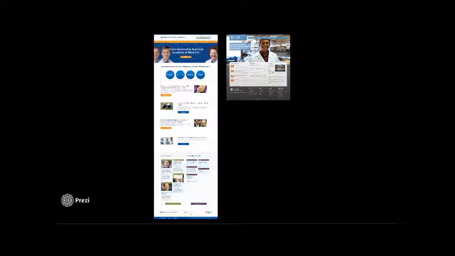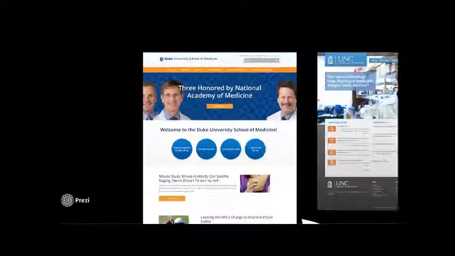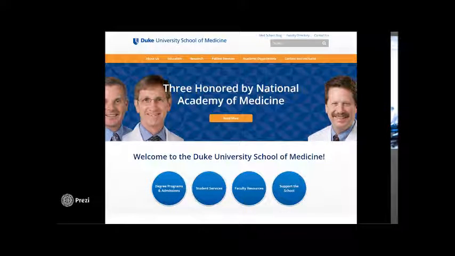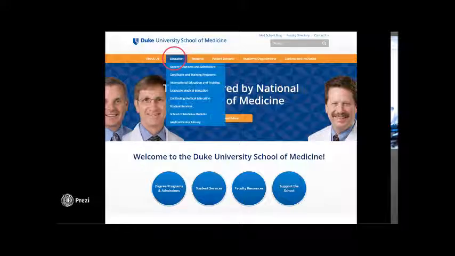So to start with Duke, we can already see that it has significantly more content on its homepage than UNC Med School does. So here's the homepage of Duke. We have this set of 4 buttons which kind of cover 4 broad categories for people who might be interested in viewing this website. We also have this education tab up at the top. And so when we drop down that tab, we can see degree programs and admissions, which is the same as this button here. And so that seems important for trying to figure out answers to the questions that I have